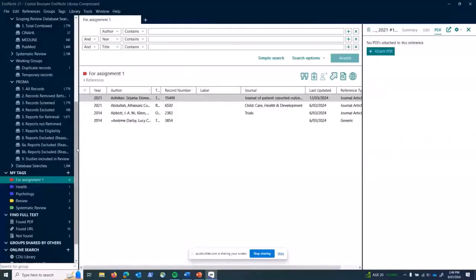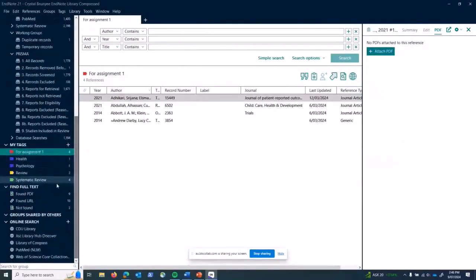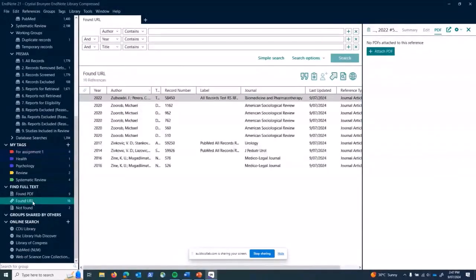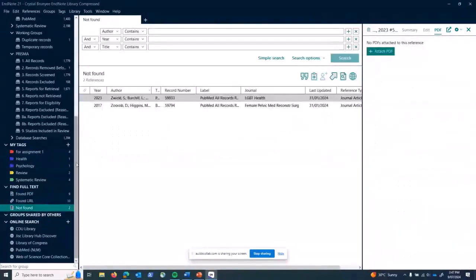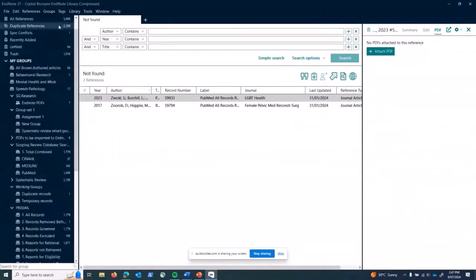Now, I'm going to jump around a bit here, but while we're here, I'll point out the Find Full Text menu item here. So whenever you have asked EndNote to search a particular section of your EndNote references, they will appear here in the Find Full Text menu. So it's told me of that selection that it found 10 URLs, it found 9 PDFs, and it didn't find 2. So if I go back up to my EndNote library,